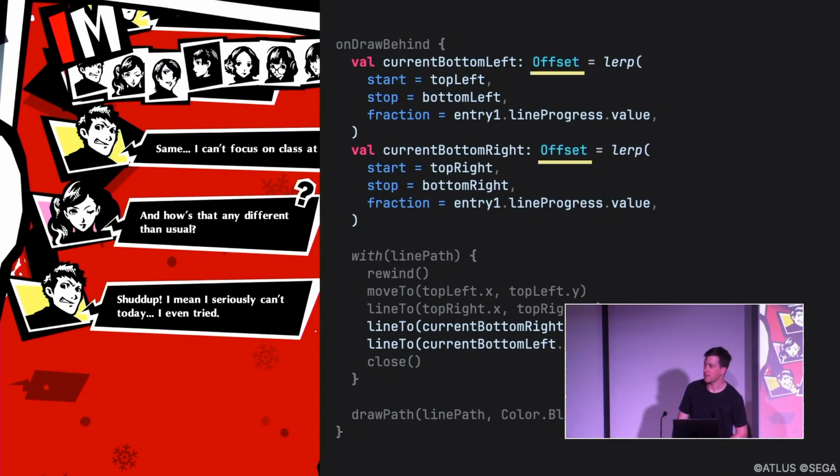You might be thinking, well, Chris, this thing is returning an offset type, and we're doing that inside of onDrawBehind, and this is running every single frame while we're animating. Doesn't it kind of suck that we're creating a new offset object every time? To which I say, that would suck, but the fun part about offset is that it is a Kotlin value